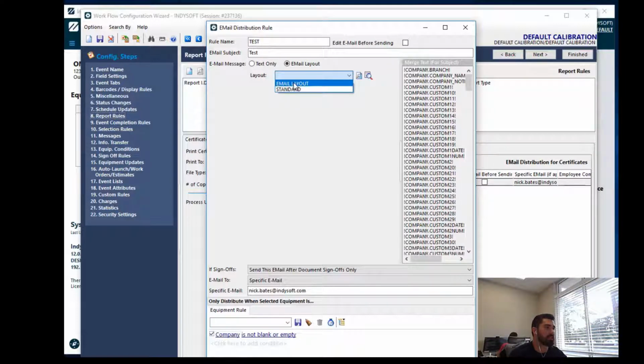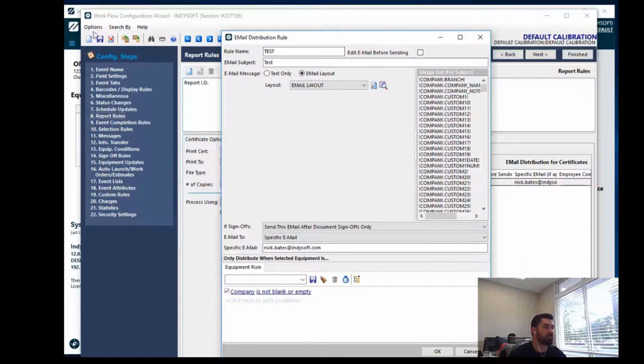So we would just select email layout, come down here, create any sort of email to or specific email address. Maybe even we create an equipment rule, so this only fires under certain scenarios. And then we would just close this, save this, and fire this calibration event off, and it would automatically email